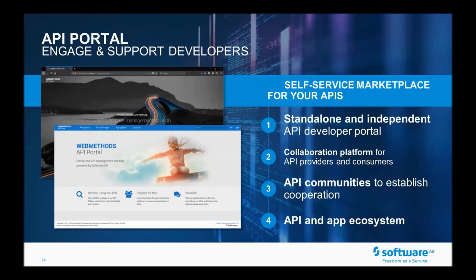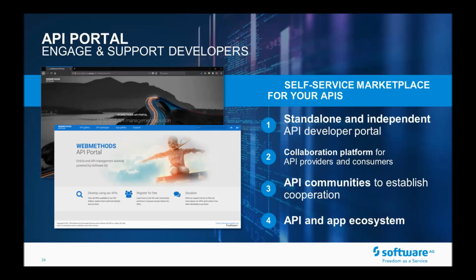API providers use API portals to promote their API products, the digital products that they build, hoping that API consumers will like them and will use them. API consumers will come here and learn about these products, these APIs.